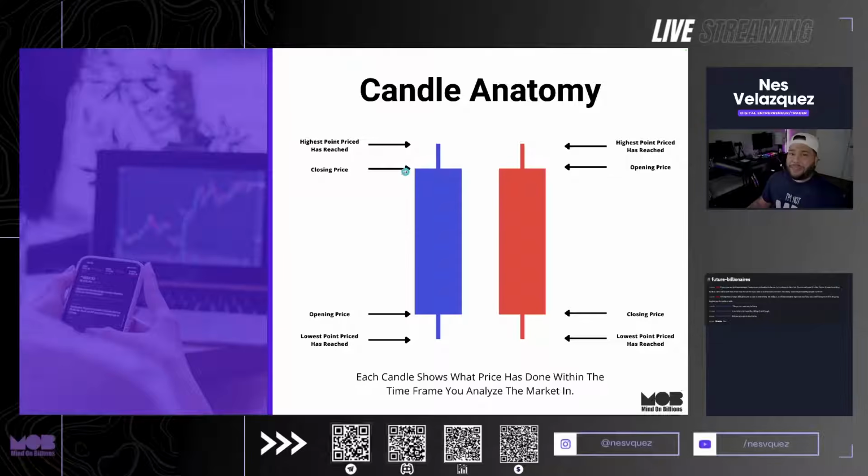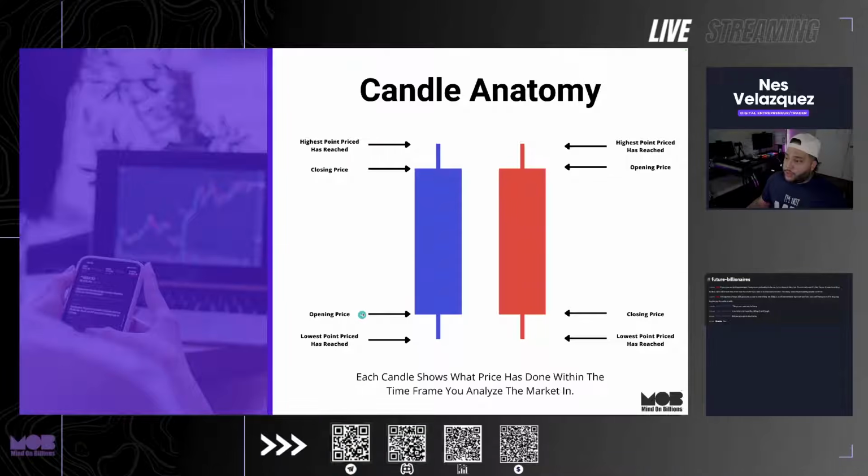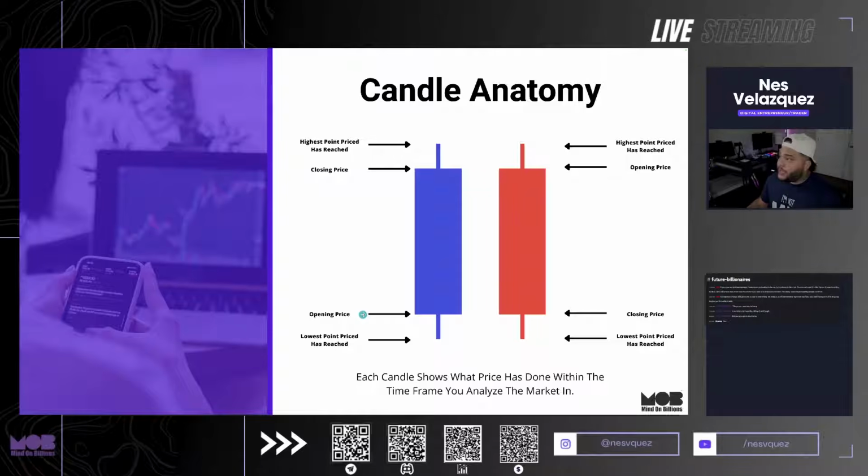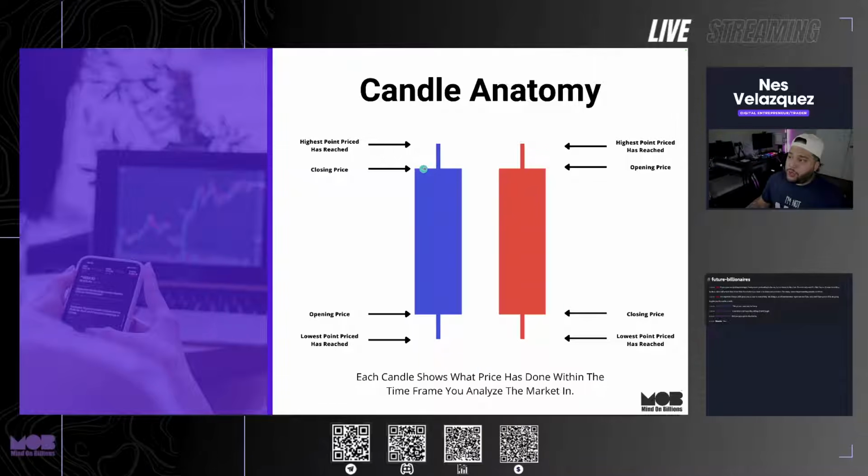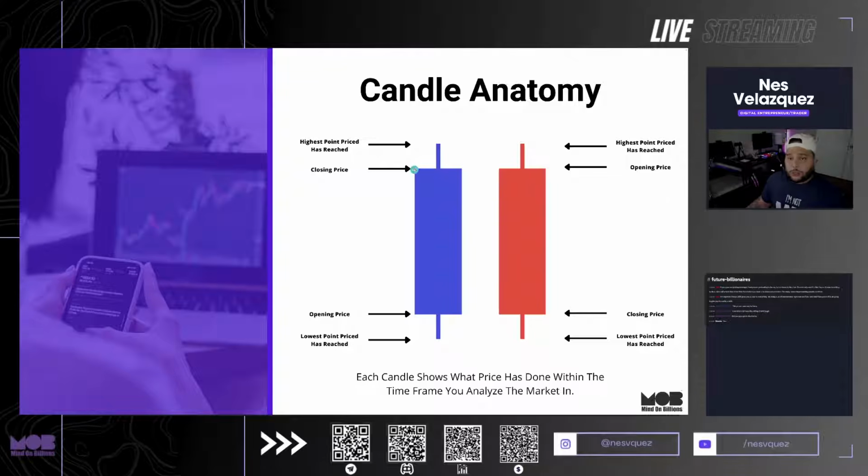So what does that mean exactly? I'll tell you what it means. Let's say it's a new candle, let's say 10 p.m. just hit, okay? And opening price starts. Well, it's going to start right there at the bottom. Now, what's going to happen is this. By the end of it, if it goes anywhere above it, this candle is automatically going to be a bullish candle. If it goes anywhere above it and closes, the top of the body is the closing price.